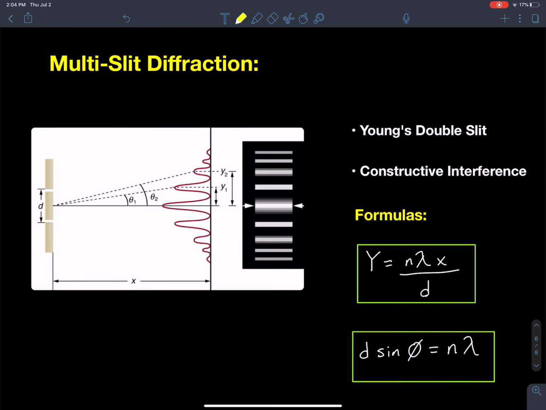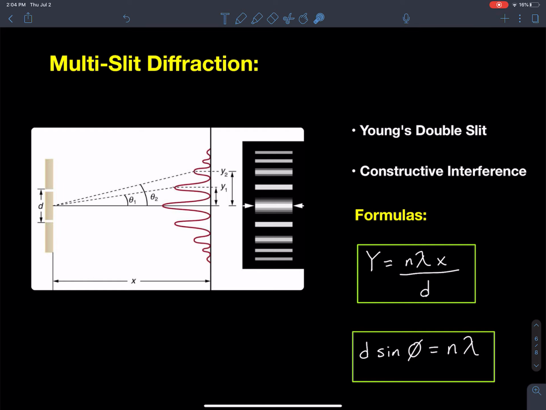So in this video, we're going to talk about multi-slit diffraction, which is something that we already kind of touched on in SL waves when we talked about the Young's double slit experiment, which is pictured over here, okay? So we've already seen it, we've already encountered this formula for predicting the separation between the maxima in a diffraction pattern. But in the higher level section, we're going to be talking about multi-slit diffraction, so we're going to review this,